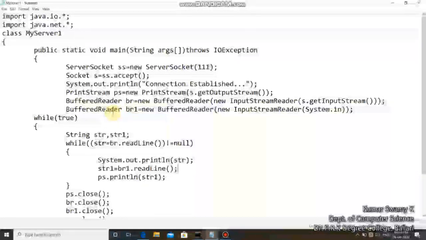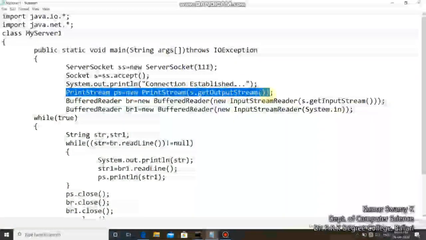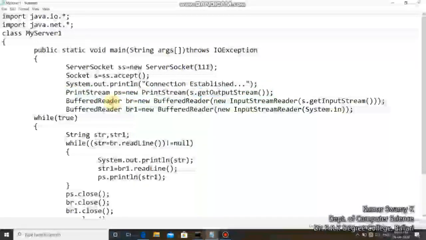In this I have used a print stream class PS to send the data to the client. You could observe here we are using a buffered reader object BR, to which I have connected an object of the client class, that is socket S dot get input stream.